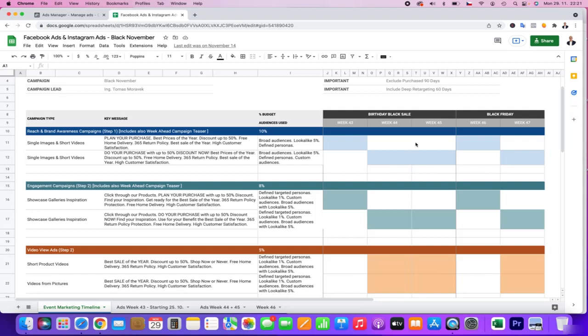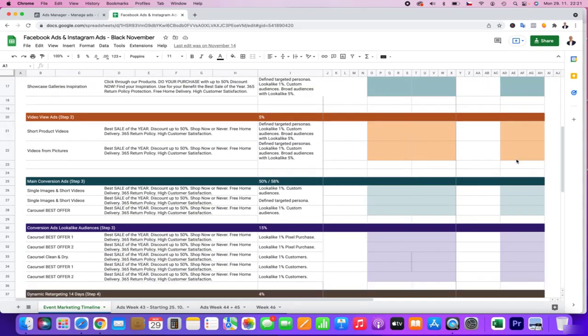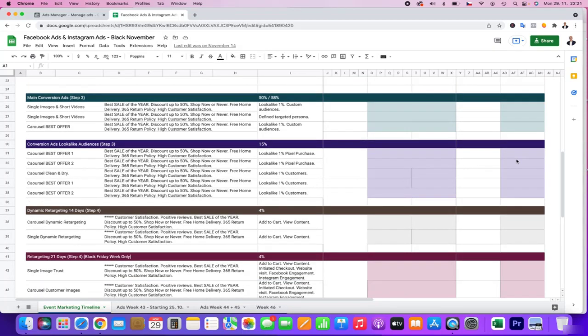This very clear plan of using the power of reach ahead as well as during the campaign, to really reach a lot of people, using the power of engagement, a little bit of video view, and then of course the most powerful custom lookalike audiences I was showing you, as well as in the main conversion ads I mixed also the retargeting, like via custom audiences.